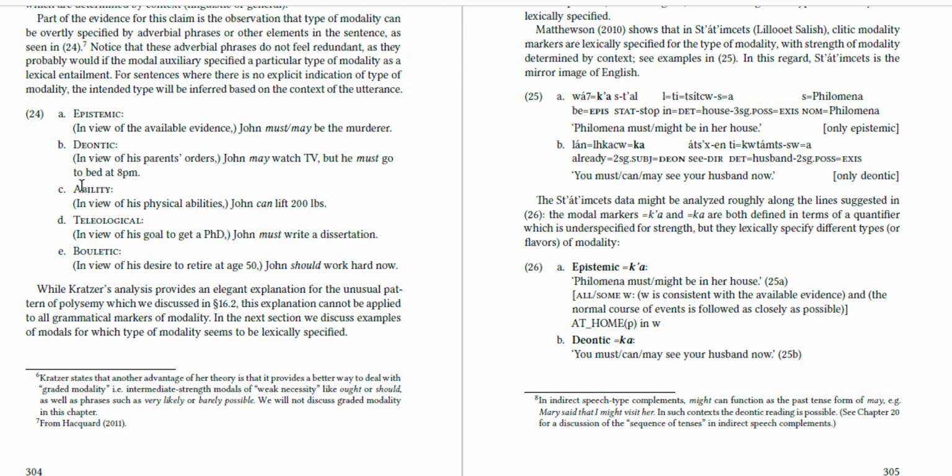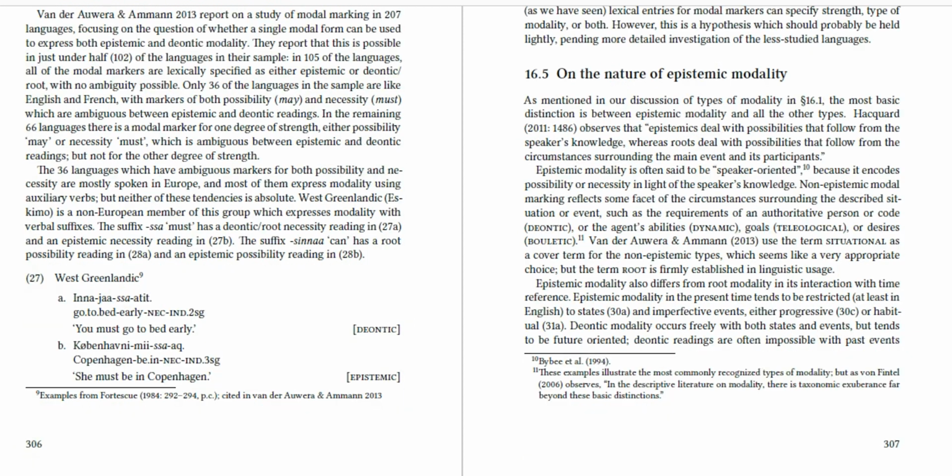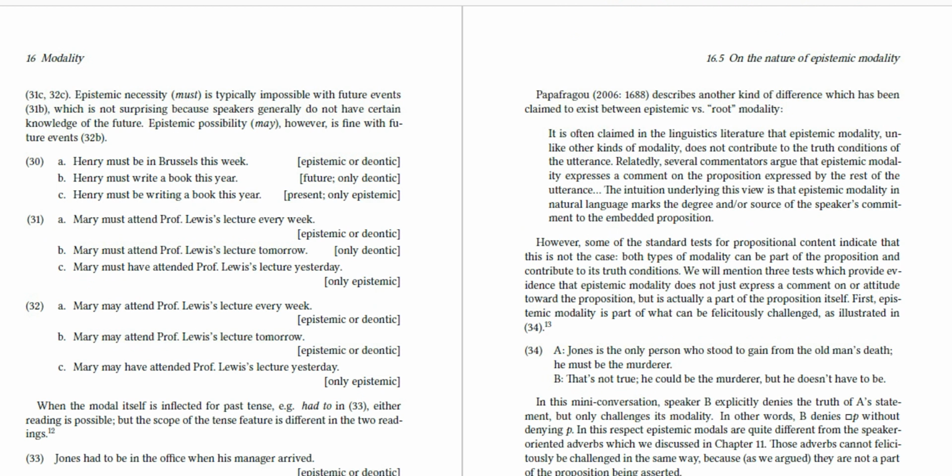We have here ability: "John can lift 200 pounds." Or teleological: "John must write a dissertation." So he is studying a PhD, and at the end of his stage he should write a dissertation. Bouletic: "John should work hard now" because he has hope, or he desires, to retire at age 50. So in total we can find different kinds of examples, but what I'm trying to tell you is